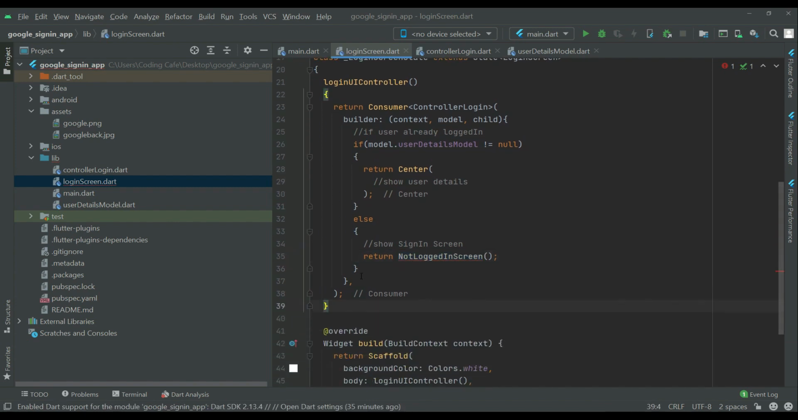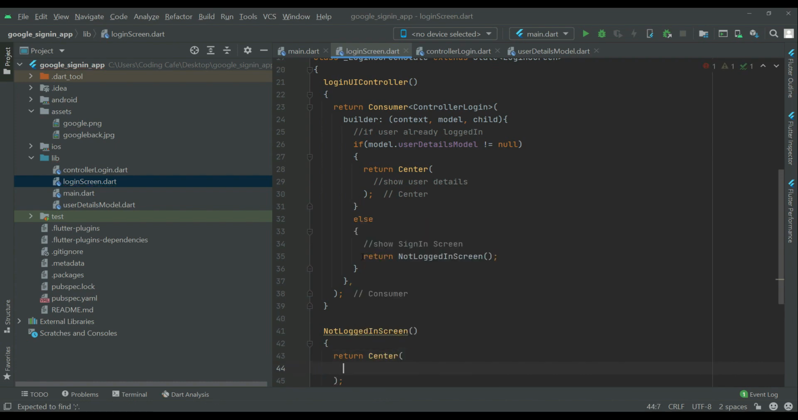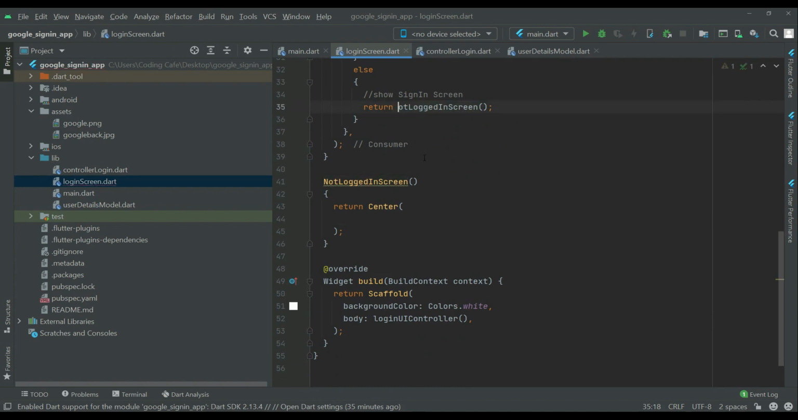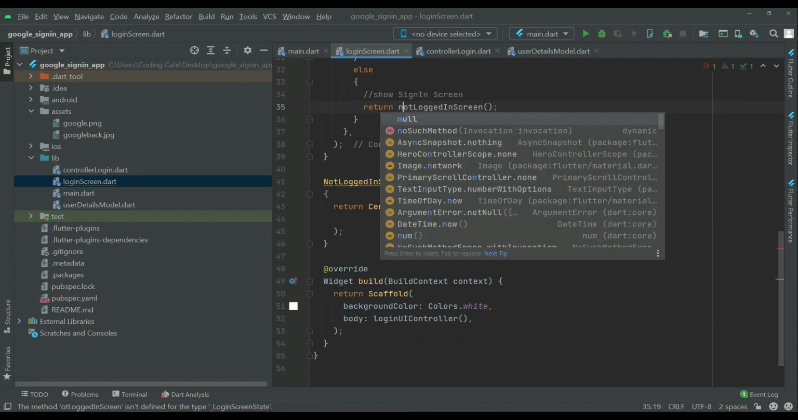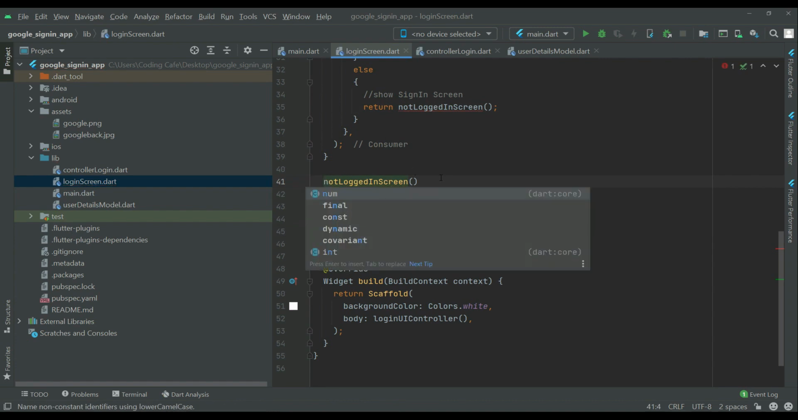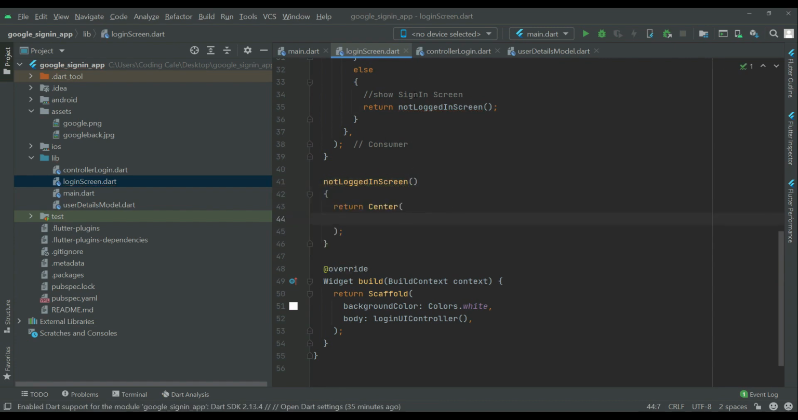So down here after this function, above the widget build, we can say not logged in screen. We can say return center. For functions or methods, the name must start with a small alphabet. It is the proper way of writing code. Show sign in screen, or you can say not logged in screen. So anyways, then we can say child column, children widget,